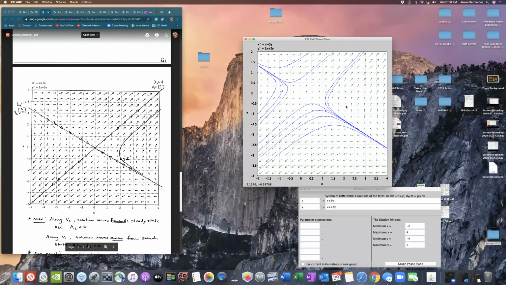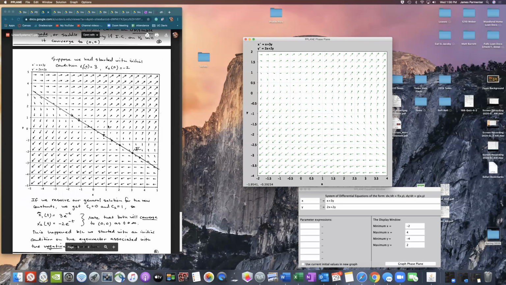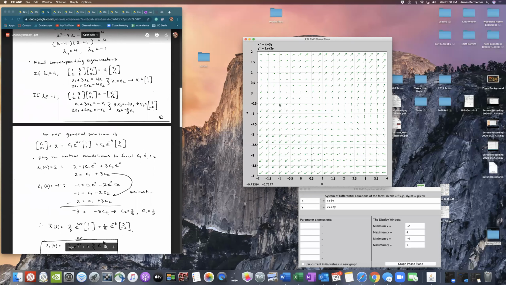But if you happen to luck out and actually be on the eigenvector, which was over 3 and down 2, I believe. Sorry, where's my origin? Right there. Over 1, 2, 3, and down 1, 2. Let me graph it again. If I start from the origin, there you go. It was 3, negative 2, right? Sorry, let me double check. Yeah, 3, negative 2. If I go over 1, 2, 3, down 1, 2, if I start right there,